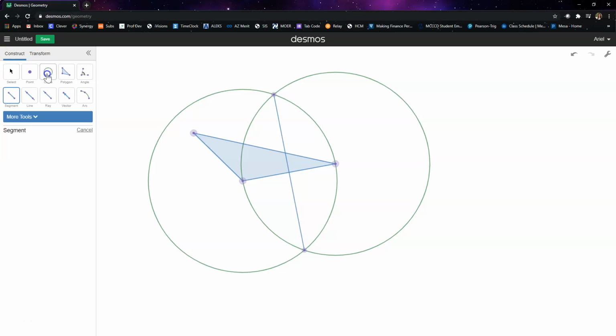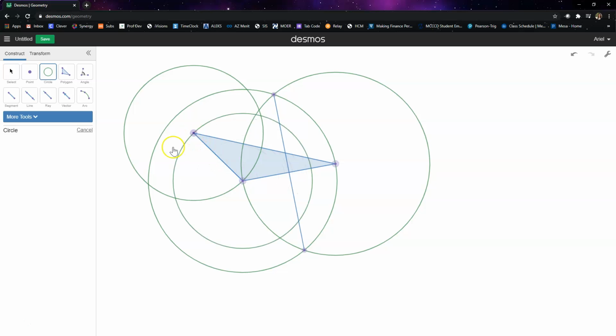Then I'm going to do that for another side. I'm going to do the one that's kind of shorter. So I'm going to do from this end to this end and reverse. And then I actually should be drawing the lines, not the segments, where the two circles cross. Then where these are crossing,